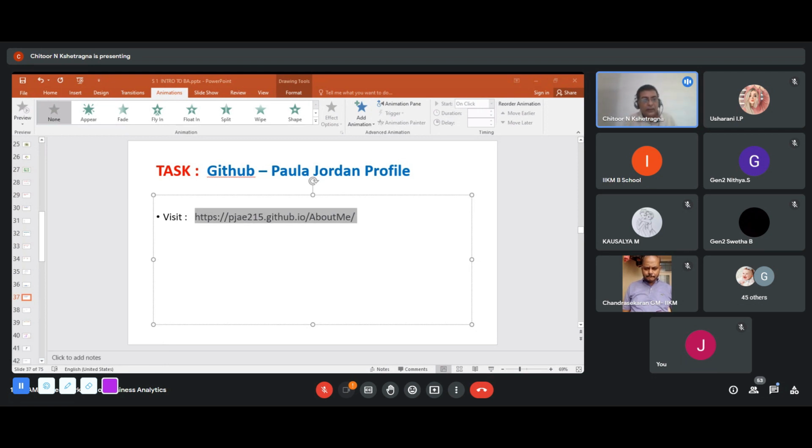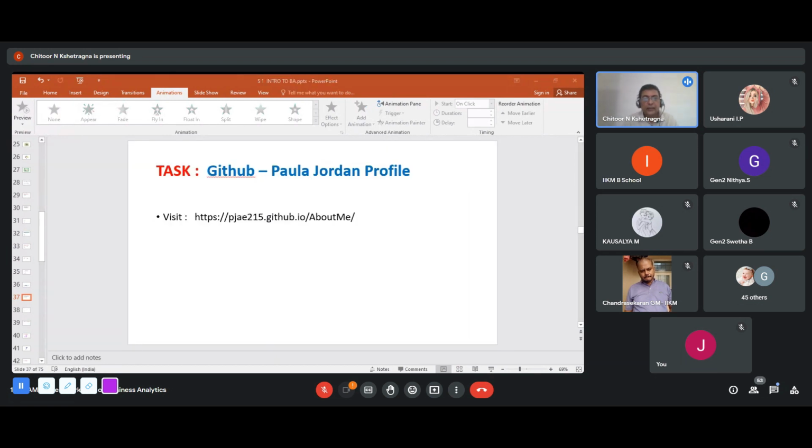Same thing. If you have to get into analytics, you need to create a profile in GitHub, and then all your projects, whatever you do, can be very small ones, that's okay, but you need to create a strong profile of yourself in GitHub. So I just put it up on the chat. Some of these things are very essential if you have to get a good job for yourself, right? So please remember all these things.